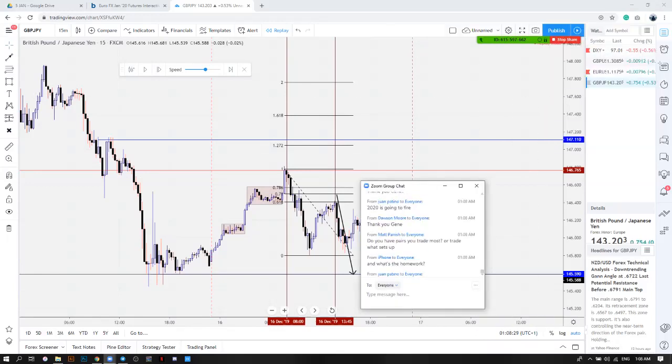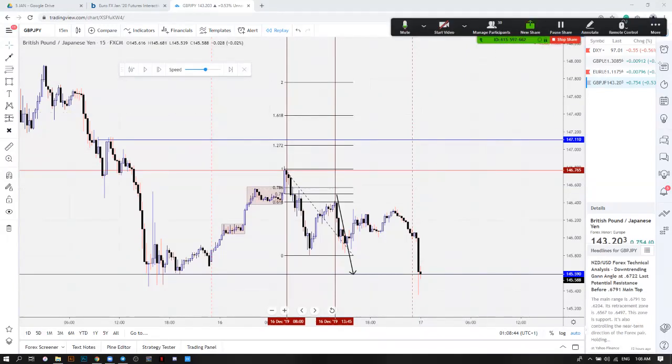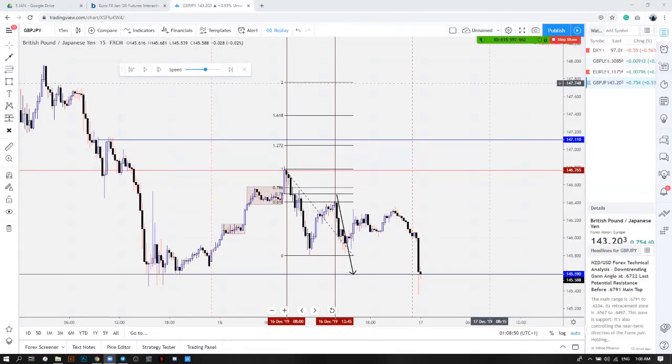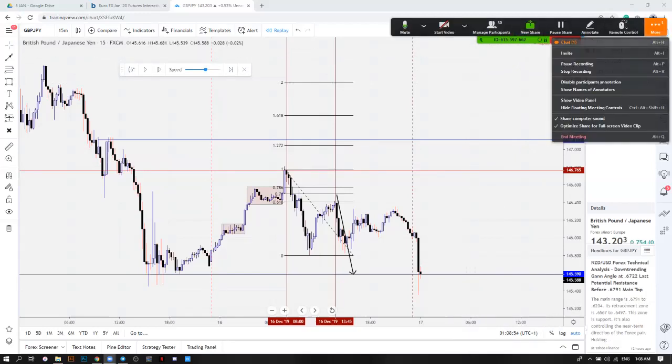Do you have pairs you trade the most? Yeah, I trade oil, gold. Most of the time I trade oil, gold, GU, GJ, EU, because they're very easy to correlate with DXY. So I trade the easy ones. But lots of times I could get into GA due to simple market structure and all that. But lots of times it's gold, EU, GU, GG, and UCAD.